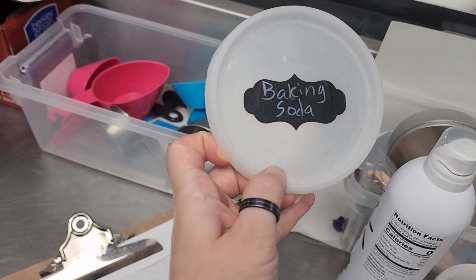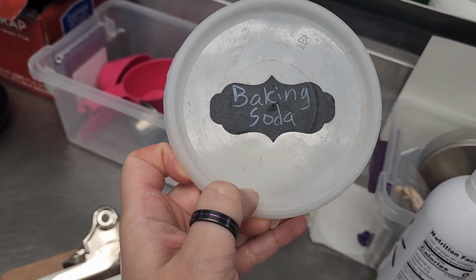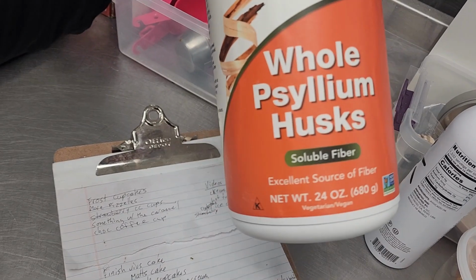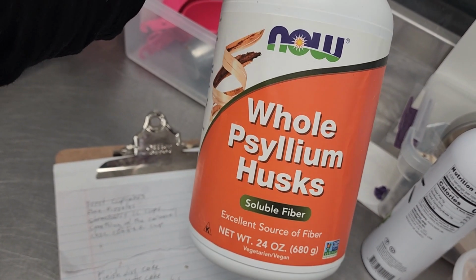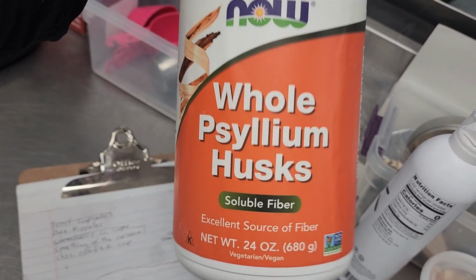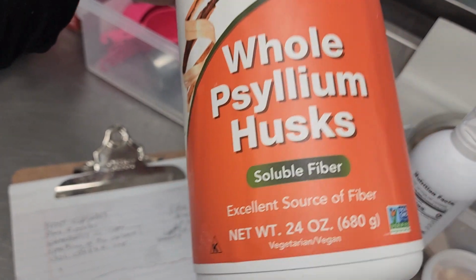And then I buy baking soda from Thrive Market, which I don't use too often, it's always a small amount. The whole psyllium husk, which I had to buy like 10 bags of in order to get some kind of discount on Amazon. So I have a lot of bags of this, but I'm almost out because I do use it a lot